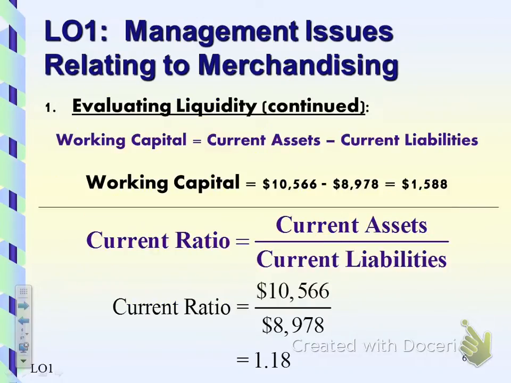As we saw last chapter, we're going to evaluate both working capital and the current ratio. The working capital formula is just our current assets minus our current liabilities. We obviously want our current assets to be greater than our current liabilities. We do not want to have a negative number here. And with regard to our current ratio, our current assets over our current liabilities, we want it to be greater than 1 to 1.